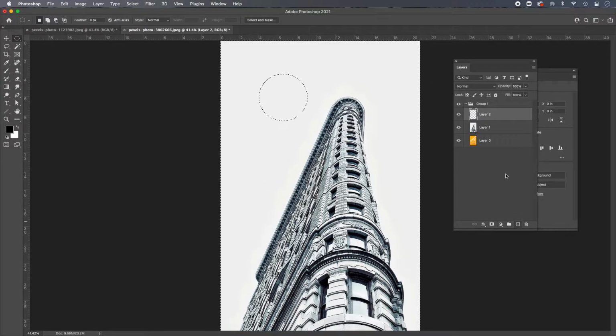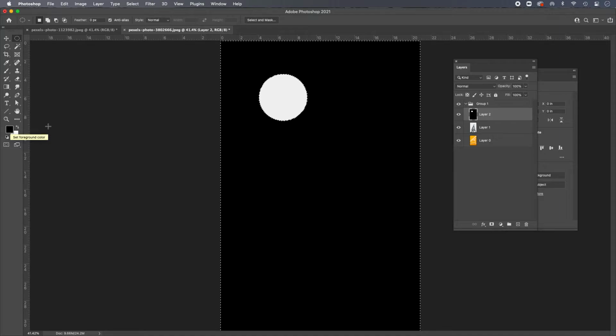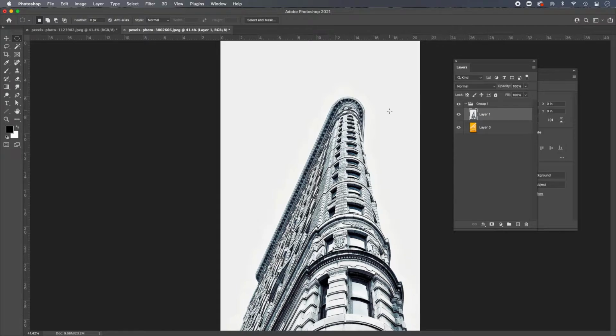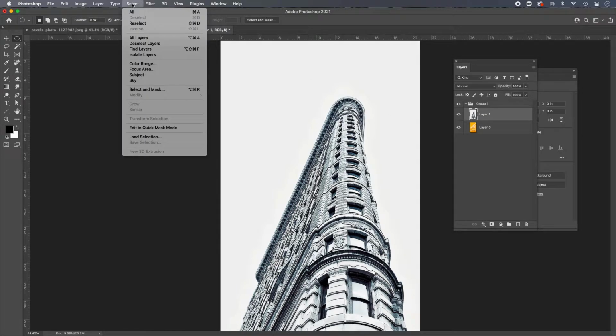So in this case, I'll just add a new layer and I'm going to fill that layer with black so we can see it. So black is in my foreground here, so I'm going to do Option, Delete, and that fills it. So that shows that it got the inverse of that. Select None, and I'll just delete this as well. So once we have a selection, we have a lot of options that we can do with it,